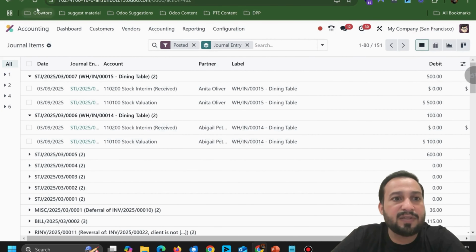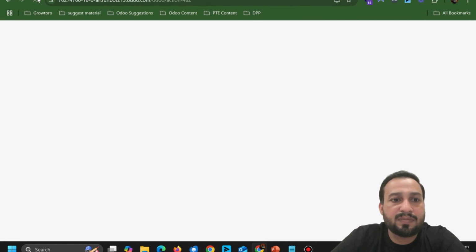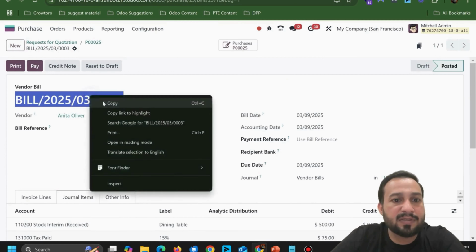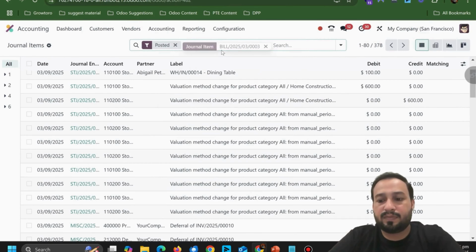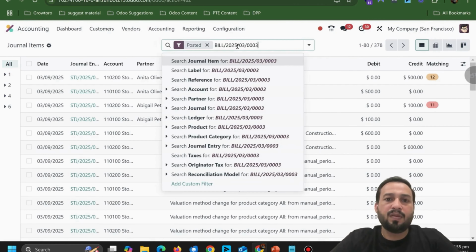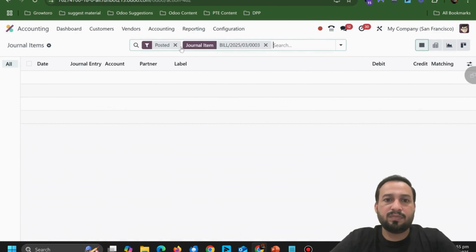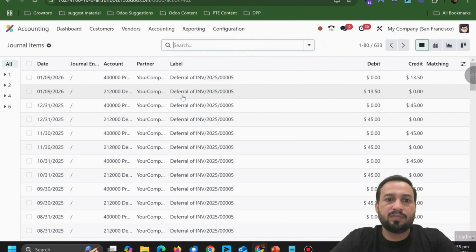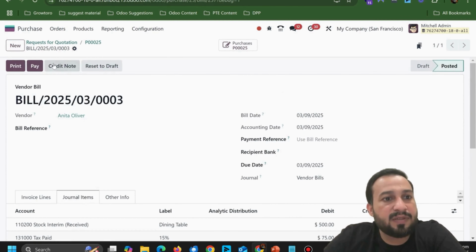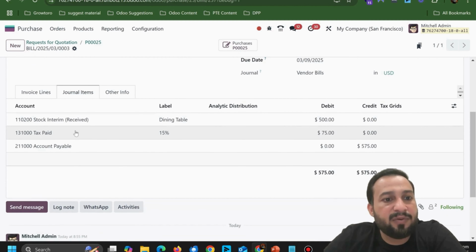So when I refresh this one and I search for this bill here, these transactions, if we look in here, after we confirm this bill, you can see there are journal items which are going to be hit: stock interim account, tax paid account, and account